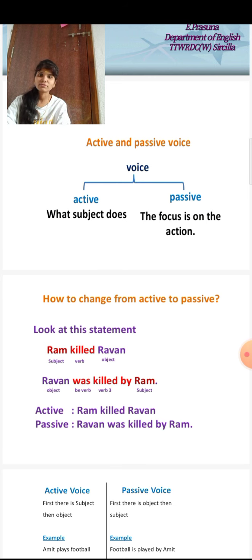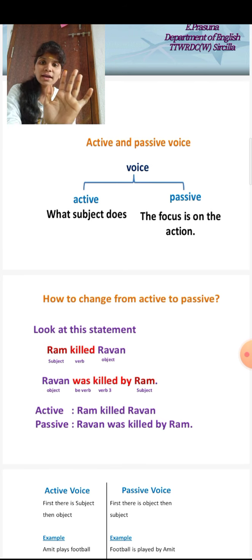That is the first step you have to take. After that you have to add the be form or helping verb. The third step is you have to use the V3 form, the participle, in a passive voice. The fourth step is you have to add the prepositional form. And the final step is you have to change the subject as object. So these are the 5 steps we have to take.